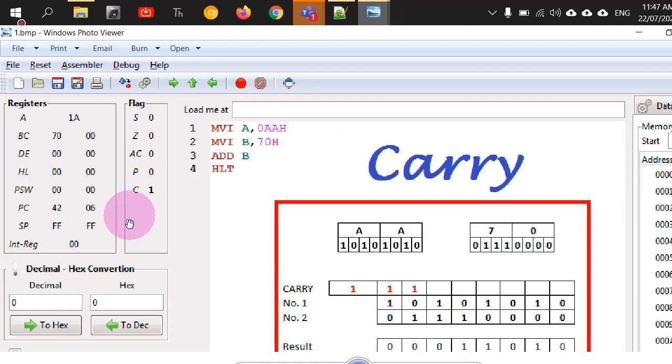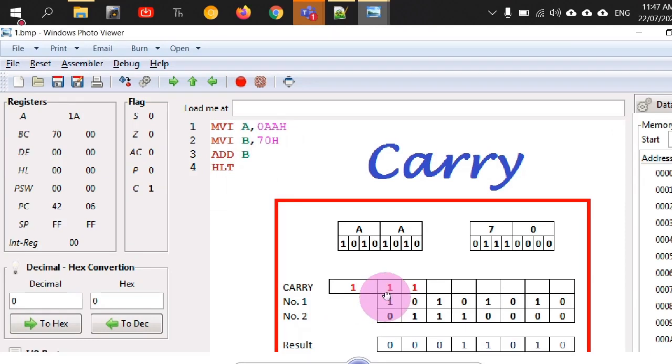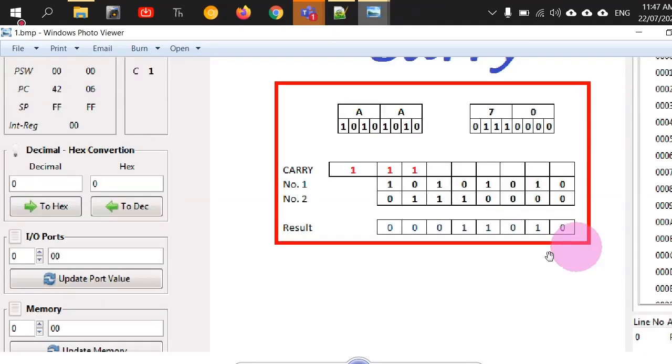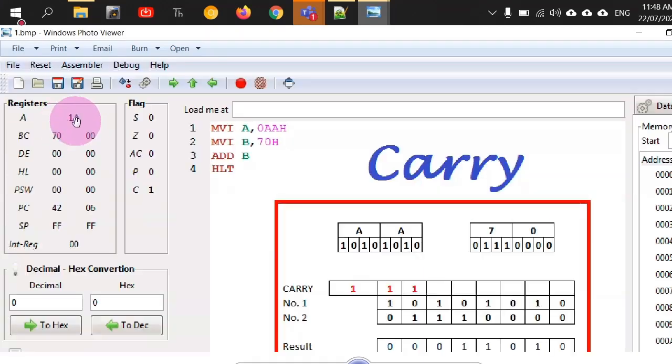And after the execution of this complete program, the status is shown here. You can see that after these two numbers are added, the result is something which we have already calculated. So what will be the result in hexadecimal? Can somebody read that from these bits that you see on the screen? The hexadecimal equivalent will be 1A, and there is a carry out of the most significant position. That is why this carry flag has been set, right?